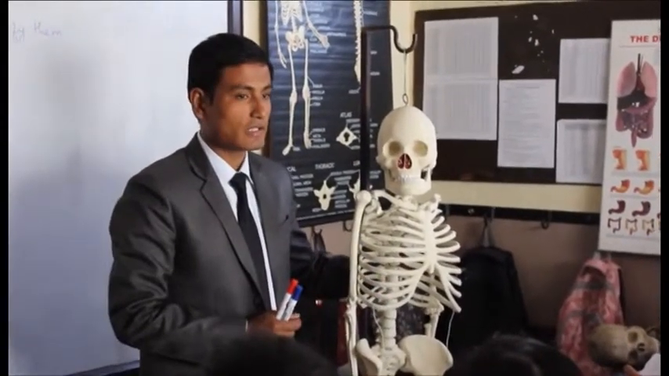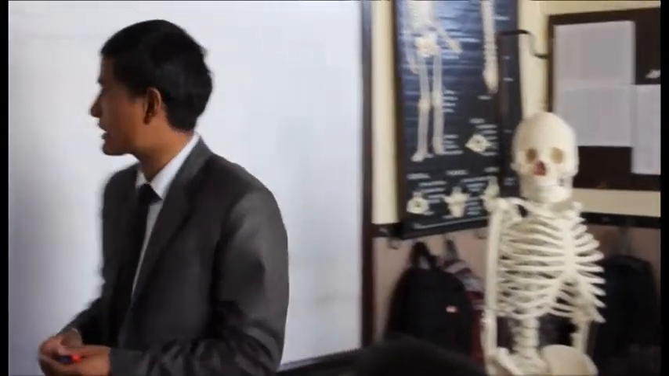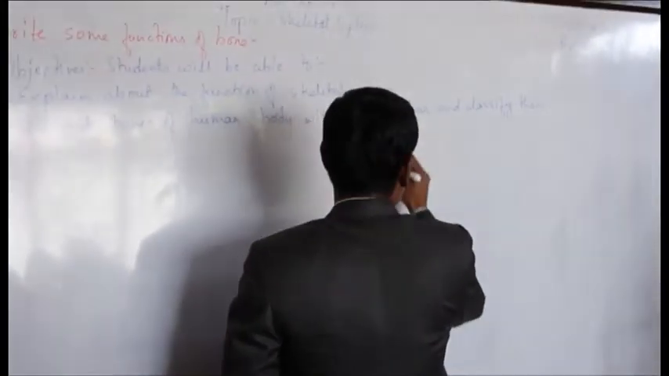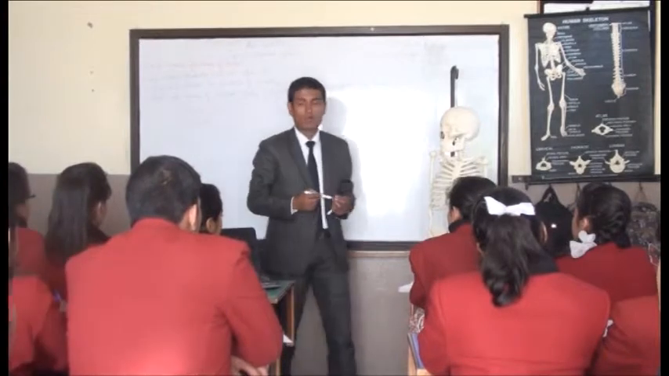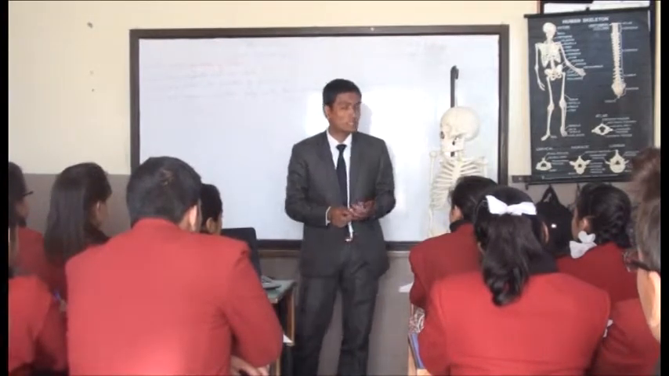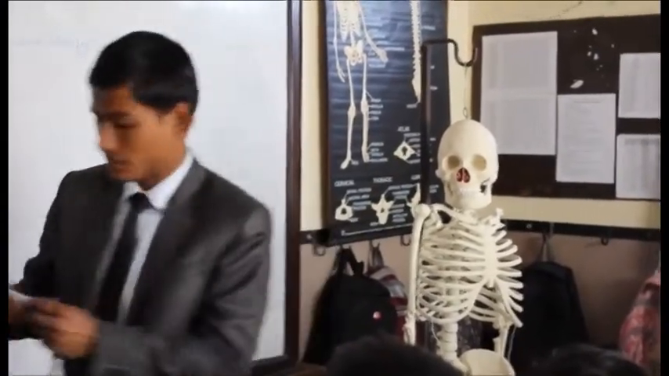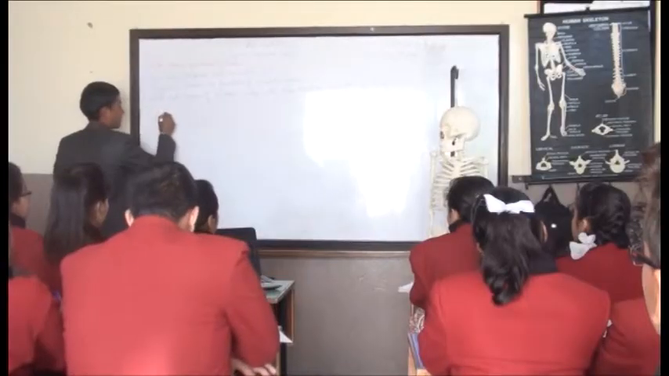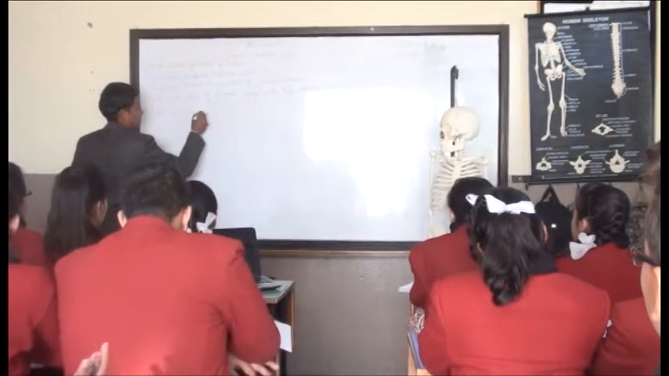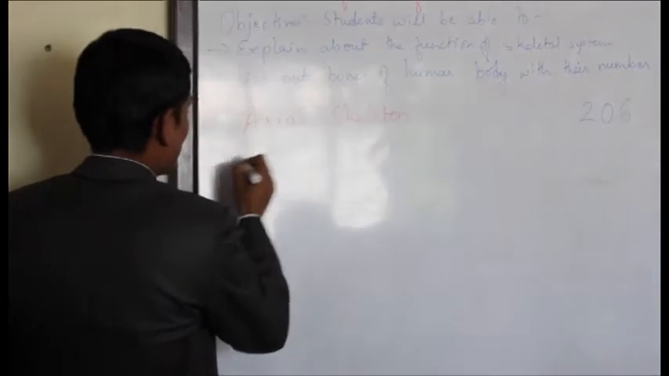which is called skeleton. Now our human skeleton has 206 bones. It is divided into two parts, appendicular skeleton and axial skeleton. First, about axial skeleton. Axial skeleton. You may copy this. It includes